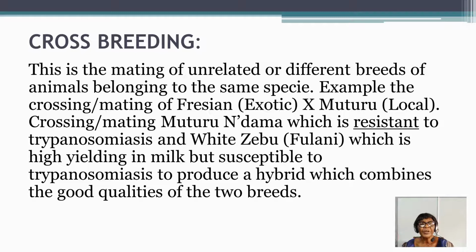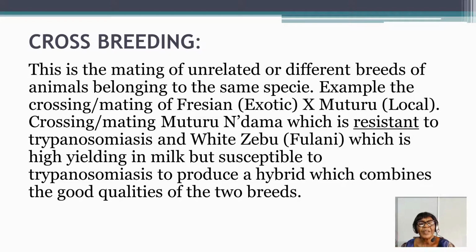In crossbreeding, you will not mate a goat with a cattle. No, they are not from the same species. You cannot mate a rabbit and a cattle. They are not of the same species. It must be cattle and cattle, pig and pig, rabbit and rabbit, because they are of the same species, but different